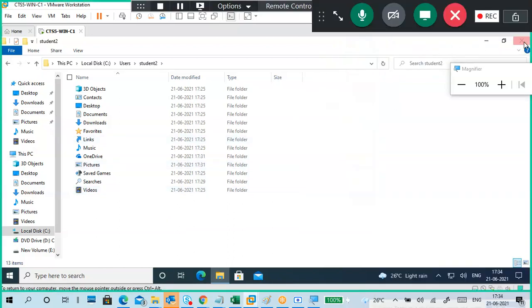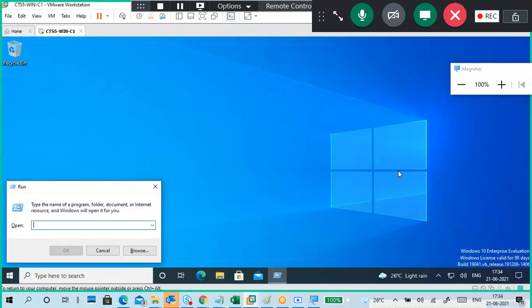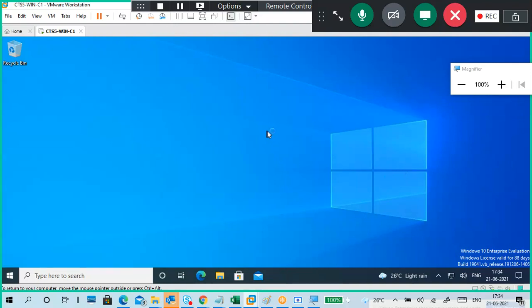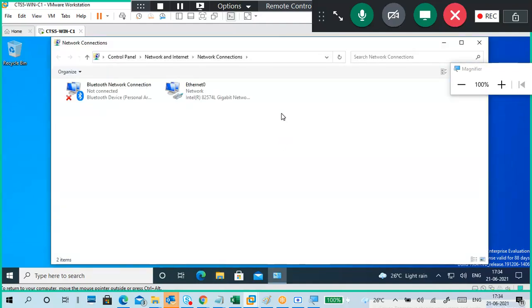One more thing I want to tell, a very simple thing. ncpa.cpl. Tomorrow we'll see the file system and how to do sharing and all. Read and write permissions, sharing permissions, security permissions, we will see all. Printer add. So tomorrow I will finish Windows 10. Guys, today compulsorily complete all the Windows 10 installations and everything.